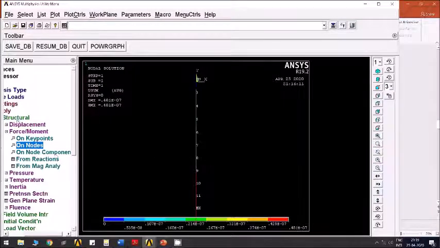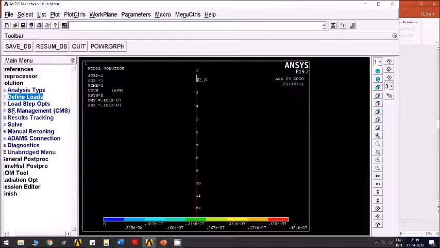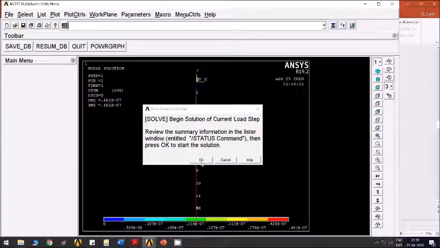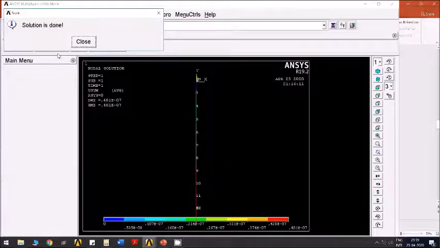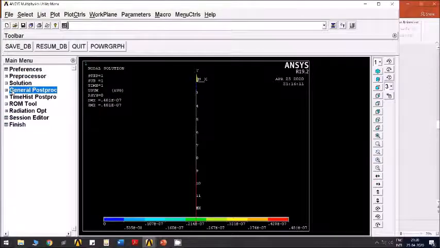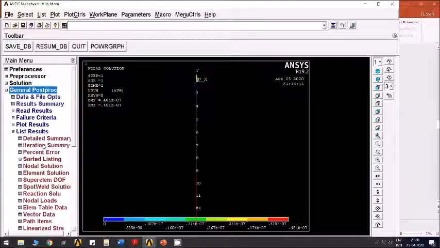Click OK. Now solve this problem. Click OK. Then list all the results, compare the results and make the comments. That completes this problem.